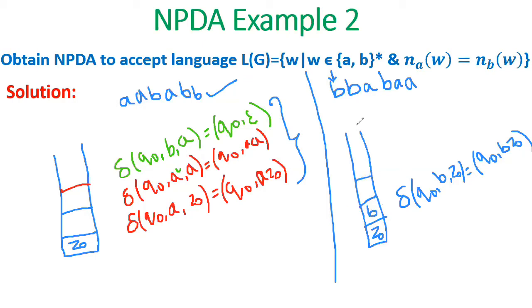Right? Next, what is the second symbol you have? You have B as the second symbol. As I said, if you get common symbols, that is, if the new symbol that you are reading is the same as the symbol which is on top of the stack, you have to push it onto the stack. So that is the transition from Q naught.